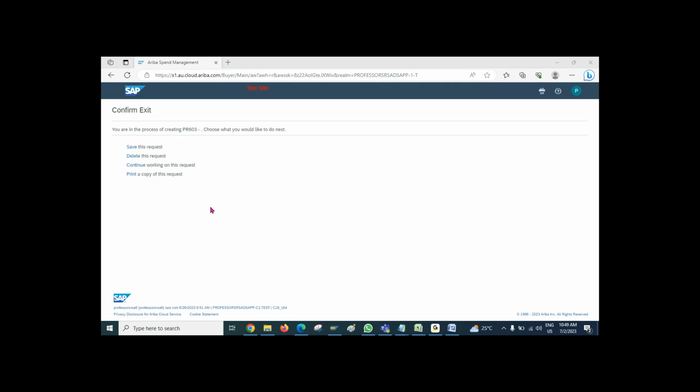Vikram, as you told, the supplier is going to get a link or something to register on the Ariba portal. In that case, do they need to pay any amount for the registration? Not at the registration moment. They have to pay, but not at that moment. Initially it will be free, but later, based on some threshold amount, they have to pay. We will talk about that in detail in the regular session.